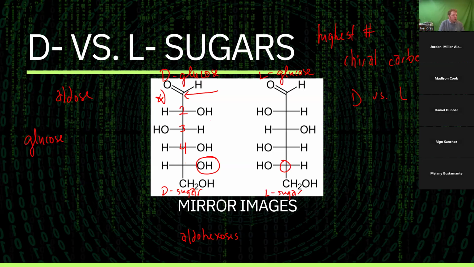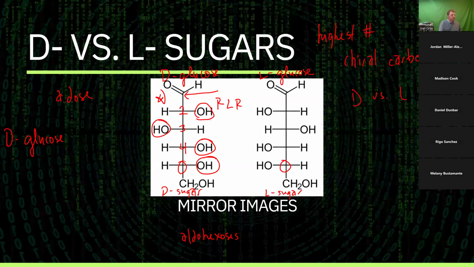And if I see my hydroxide groups with the following pattern, right, left, right, then I'm going to think, okay, I'm probably talking about glucose, because hydroxide group on the right, then the left, then the right, and then my carbon number 5 is going to designate it as a D sugar. So D-glucose. If you're trying to think of what I would recommend as your process,